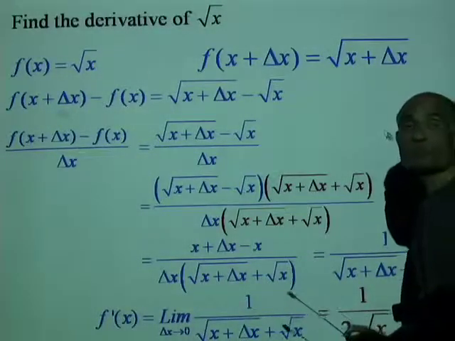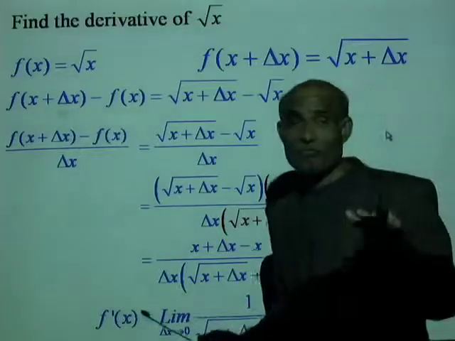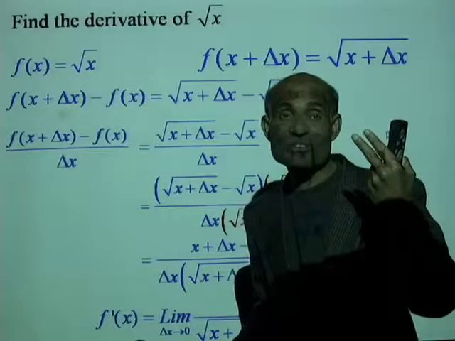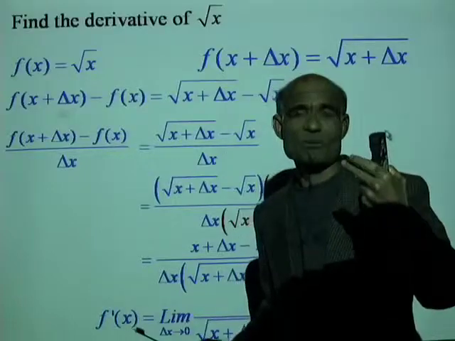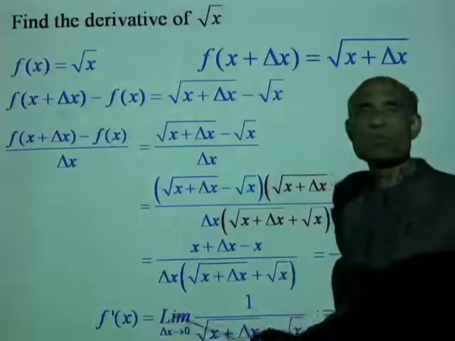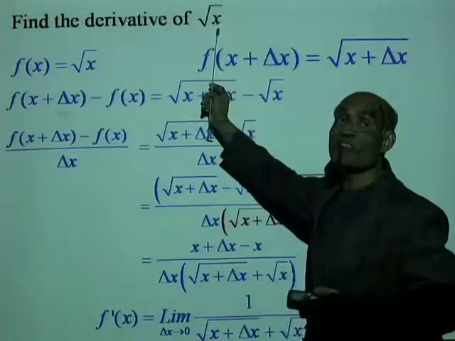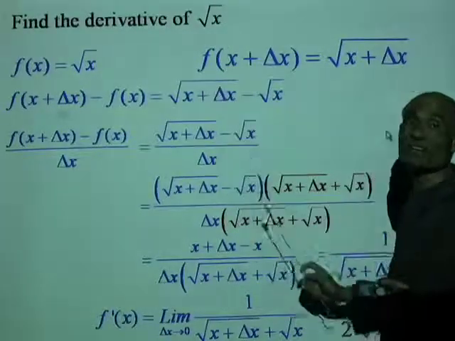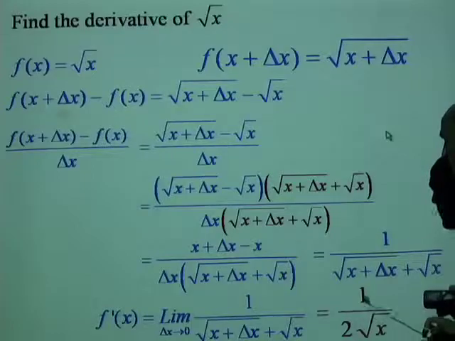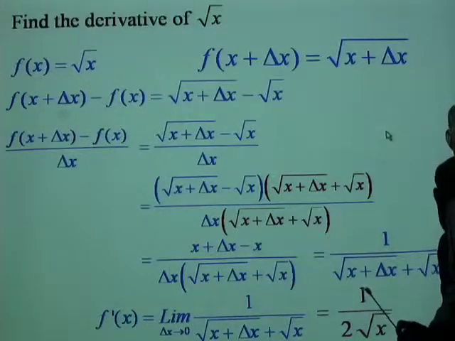I want you to remember that also. In fact, we found the derivative of 2 functions, well 3 actually, but I want you to remember the derivative expressions of this. The derivative of f of x equal to square root of x is f prime of x is 1 over 2 square